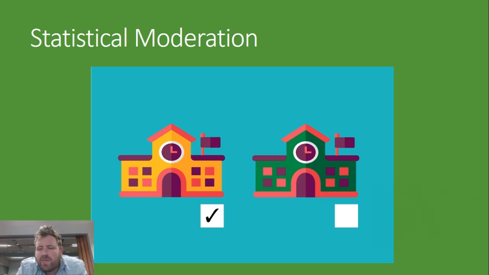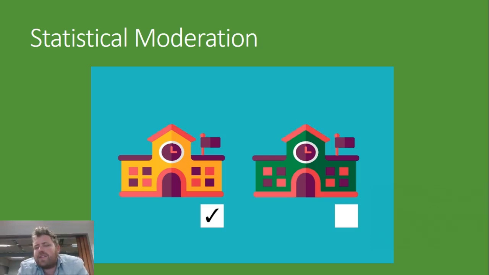And so statistical moderation is the way that the VCAA has of comparing SACs between schools so that it shouldn't matter which school you go to. You should be able to get the same grade for the same work regardless of what school you go to. Whether that's possible or not, we'll see, but that's the idea and that's the problem we're trying to solve here.